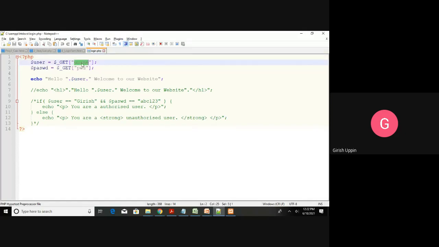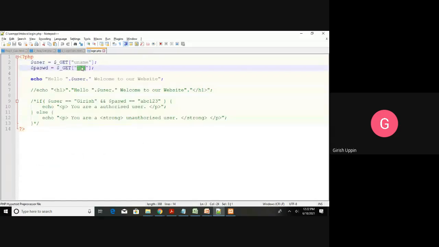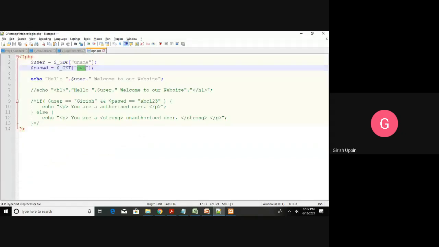What is this uname? This is nothing but what you have specified in your HTML. So this is the first text box. Second one is the password, pwd. So whatever value is getting submitted from the client, it will be available in $_GET with the key of uname and with the key of pwd.